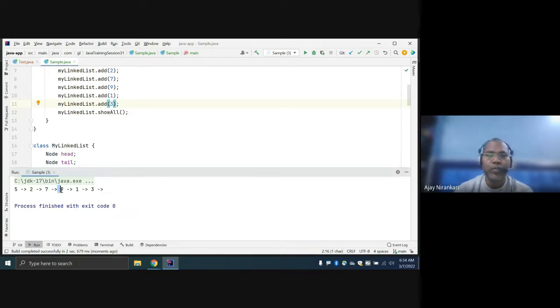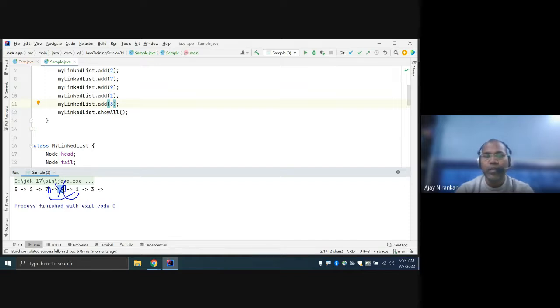Let's say I want to remove this 9 element. That means whatever the 9 contains is the address of 1. So this address that 9 has, you can place with the 7, so that 7 can link to the 1, and now 9 is automatically deleted.